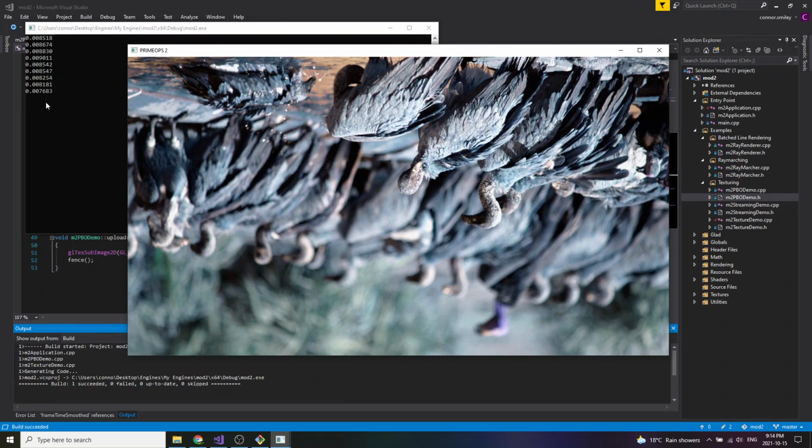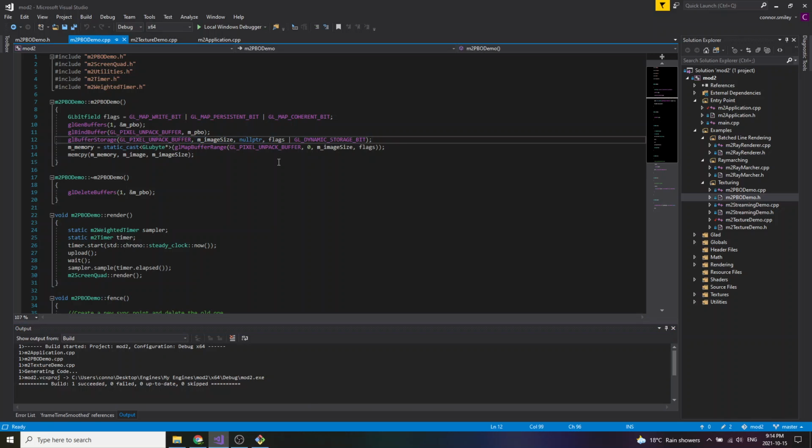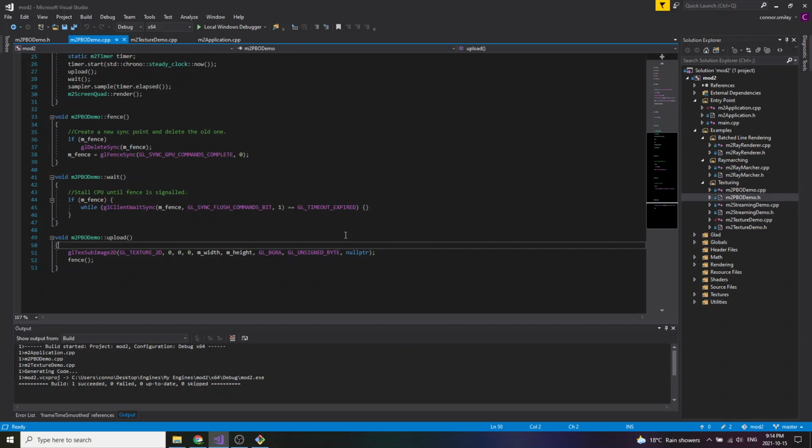All right, so this still looks to be performing about 3 times worse than the naive implementation of the texture upload. Now, why would this be, even though I'm trying to optimize the memory allocation strategy and whatnot? Well, I believe the reason for this is because the OpenGL driver might be transferring twice the memory. In the naive demo,